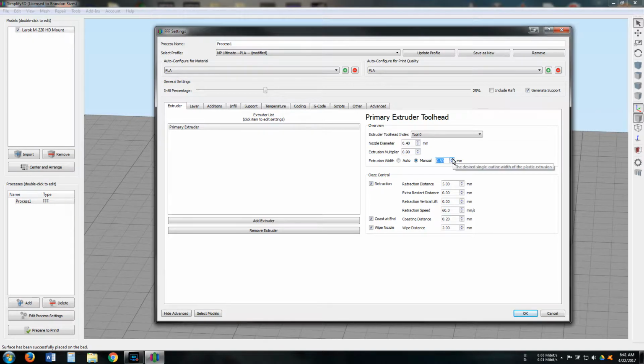Now, of course, any of these things that I go over, I'm just going off of what I think and understand that they do. So if I am wrong about any of these, if you can leave a comment down below, that would help everyone out. So moving along,